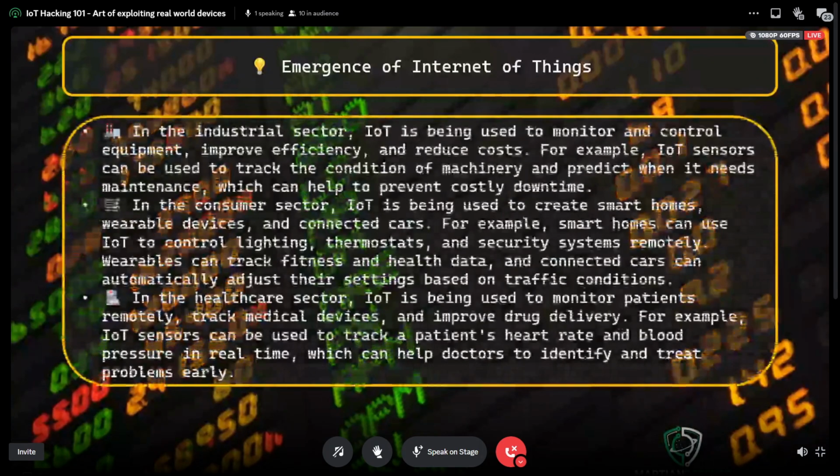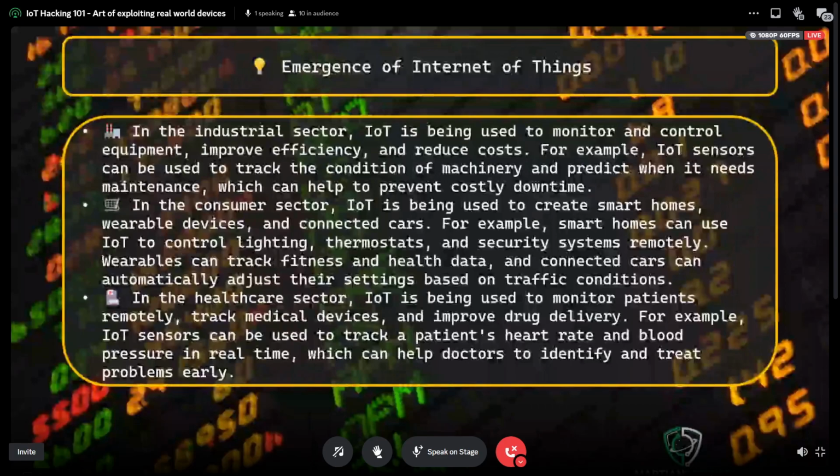So, let's see where IoT is being used. IoT, the Internet of Things, is being used in the industrial sector, in the consumer markets, and also in healthcare. So it pretty much covers all aspects of life.